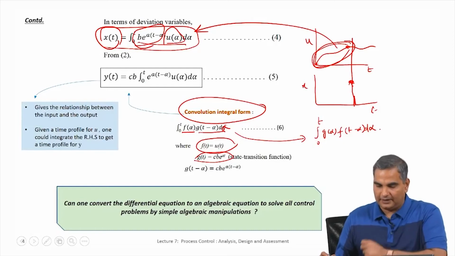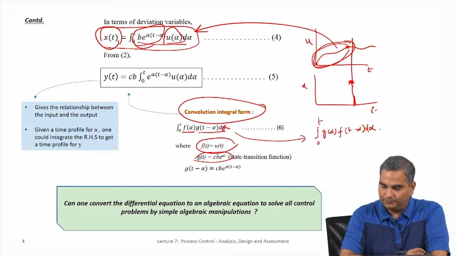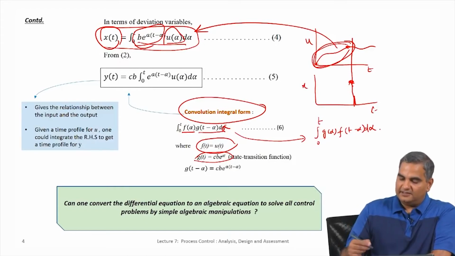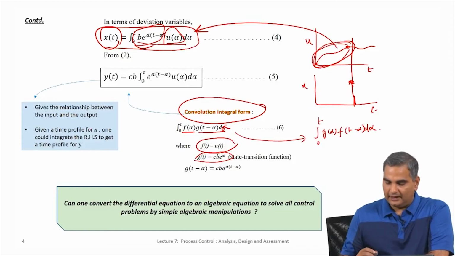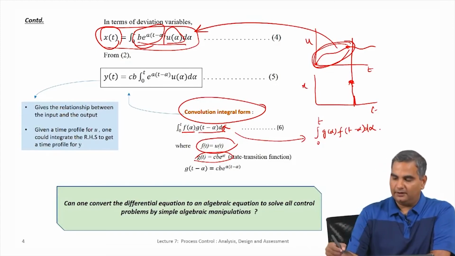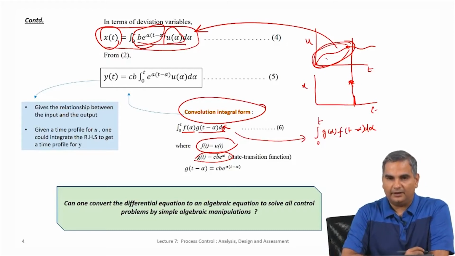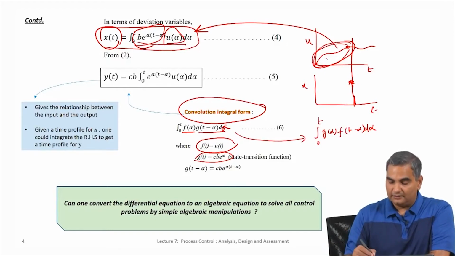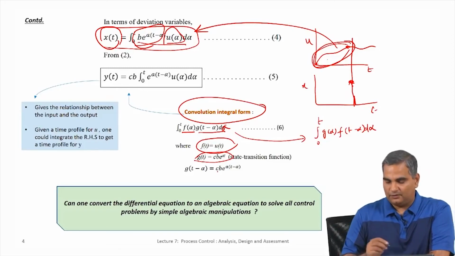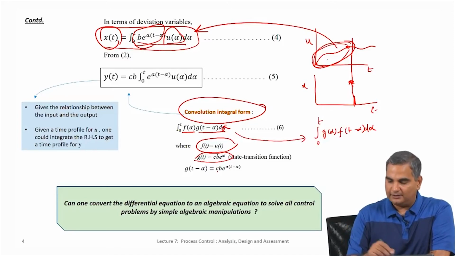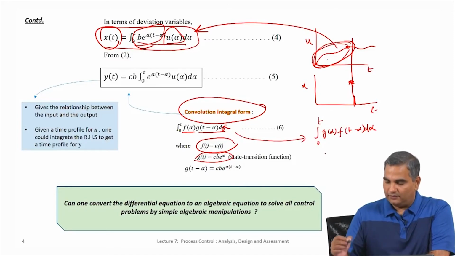Okay, so this is something that you can easily show. That basically means that I can write the output or the state as a convolution between the input and another matrix, another function, and that function is typically called the impulse function, which we will see later. But for now, I just want you to remember that what we are saying is x of t is